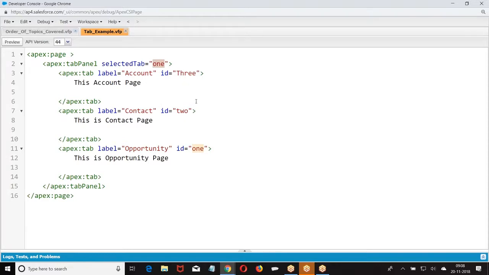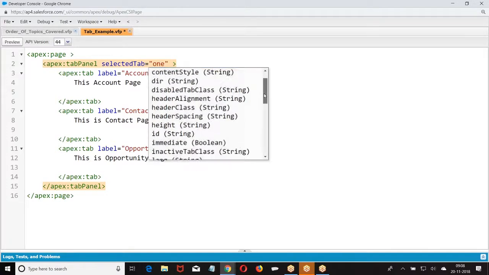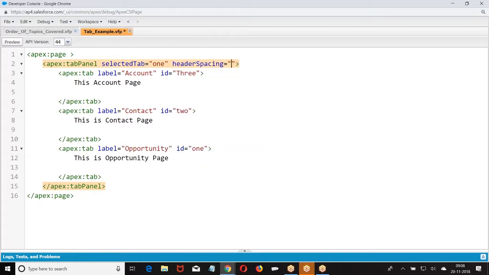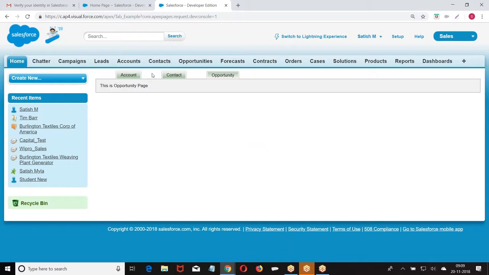Later on, we can shuffle the pages. Then we can apply the space between the elements.